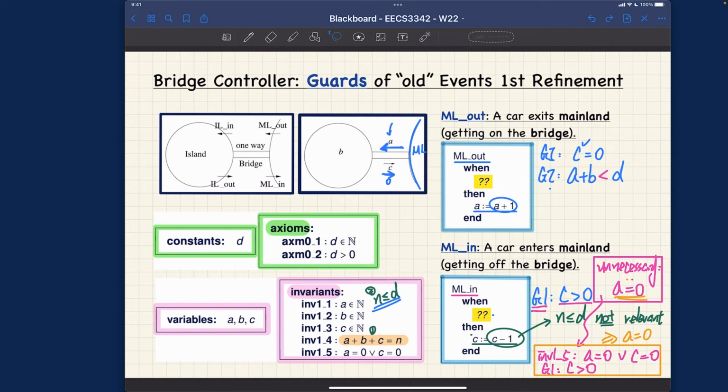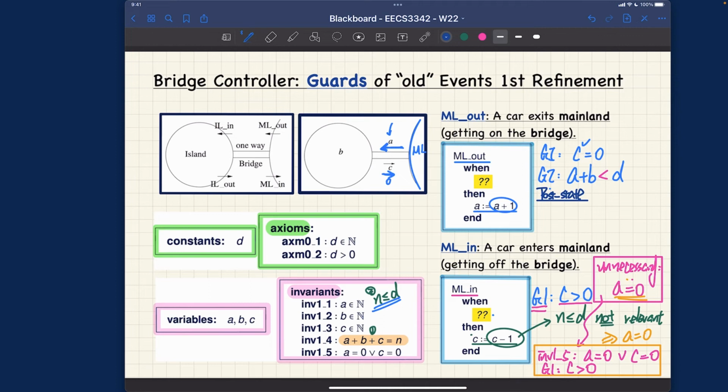So the idea would be we want to make sure these two invariant conditions over here from the abstract states and from the concrete states, upon the occurrence of the enable ML out was taken, in which case its action will take effect. In which case A will become A plus 1. We want to make sure after such change to A, these two invariants will still hold in the post states. That's what we are really concerned about. Let me write it down over here. So what we are really concerned about is the post states over here. So let's put all the relevant invariants and also constraint over here.